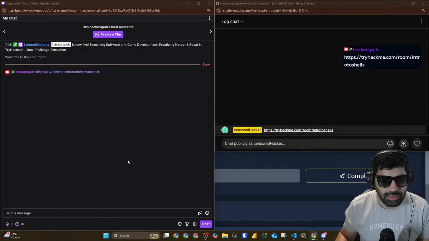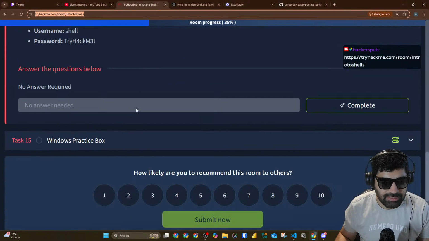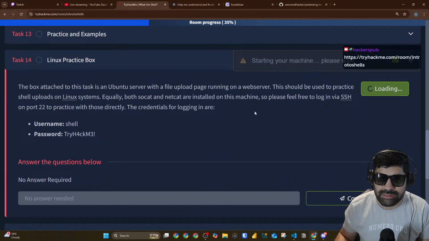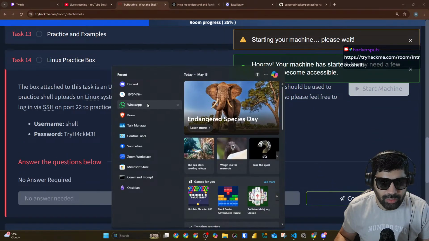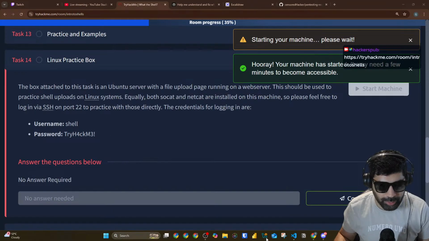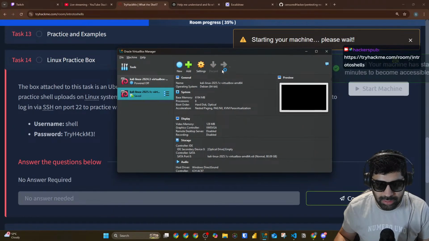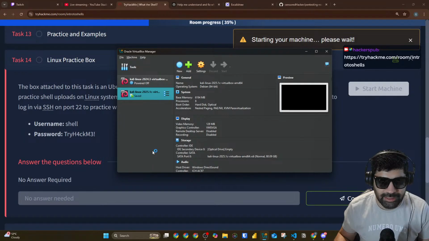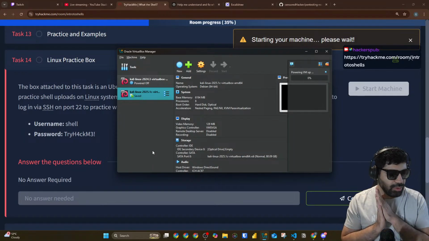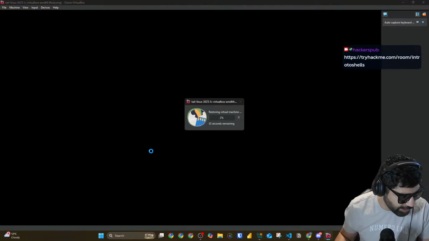Okay, hopefully you can see that, task 14. We'll start this machine. I will start my Oracle box or Kali 2025, because I'm going to move from 2024 to 2025 now, and I've already saved everything. So hopefully you already have